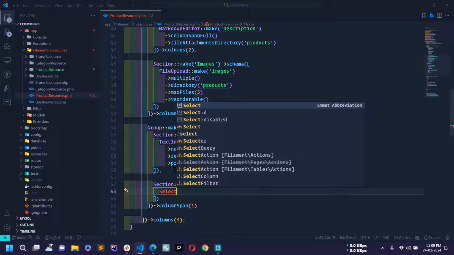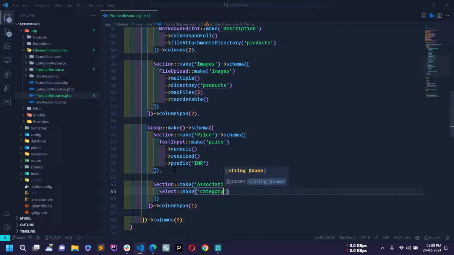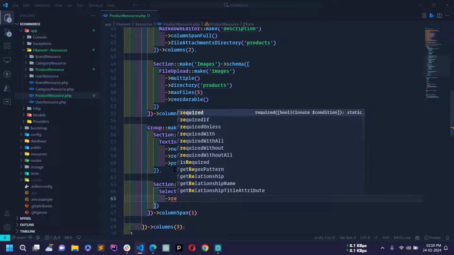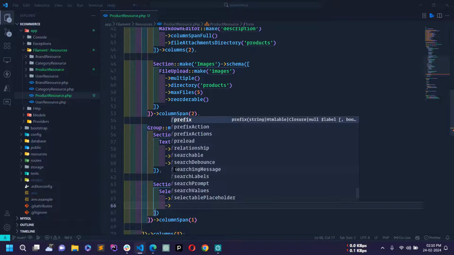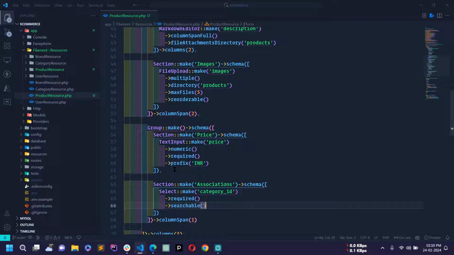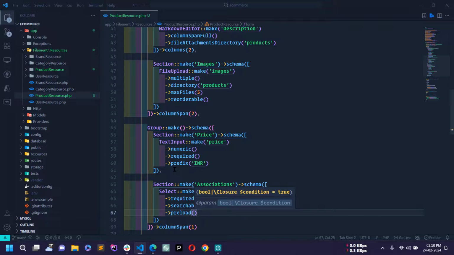So just write select and import this class, and then just use make, and then here I will use category underscore ID, and this will be a required field, so just write required, and this is a searchable field, so just write searchable, and also preload, so it will load all the